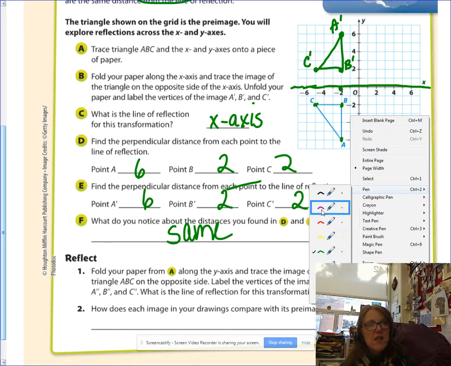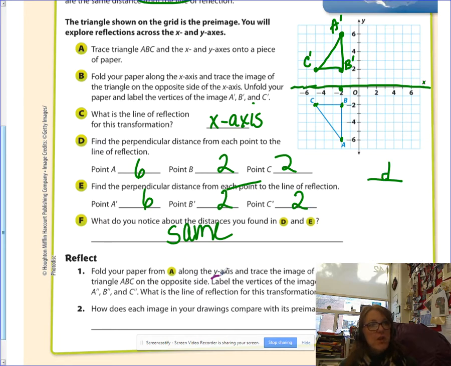Do the same thing. Visualize going across the y-axis. So let's do this. Go across the y-axis. Now, go back to the original. So that's this one down here. Now I want you to envision folding it this way. So now you're going to take that triangle and flip it across the y-axis